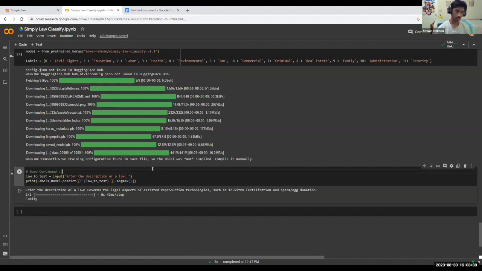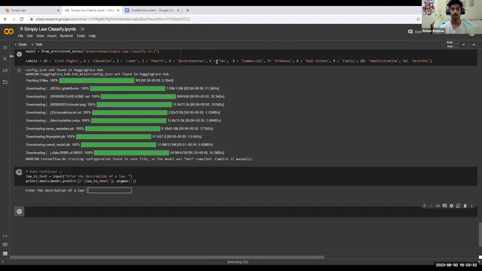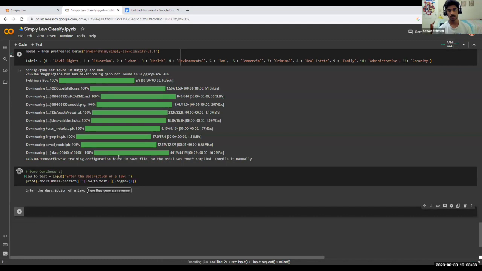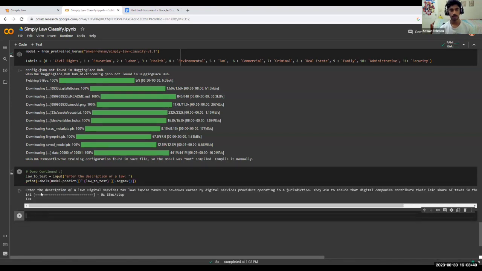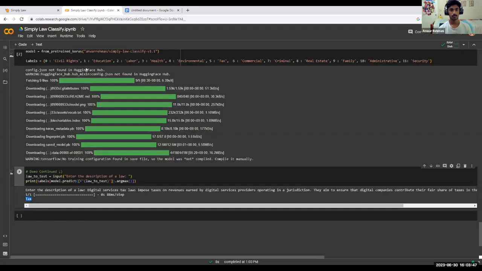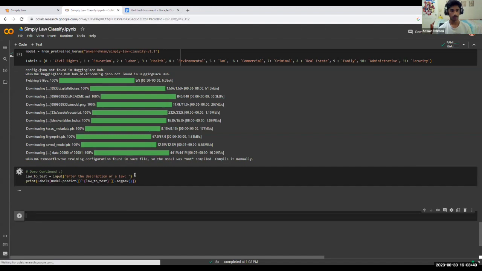So here you just have to give a basic description of a law, and I have a few prepped here, so let's try this one. So obviously this is going to be a law pertaining to tax. So it should output tax. This one is going to be education. So if you run that again,